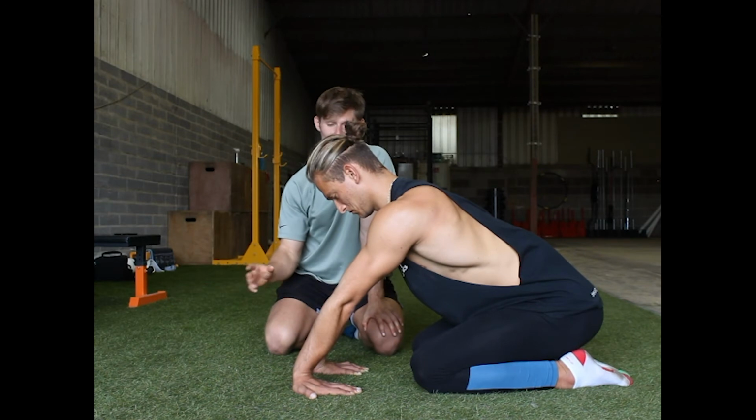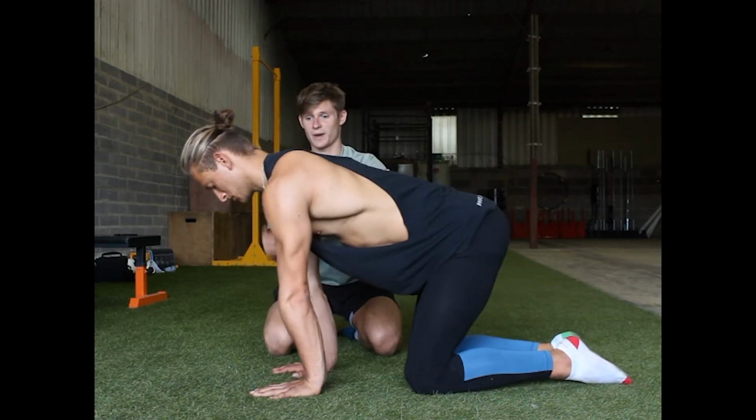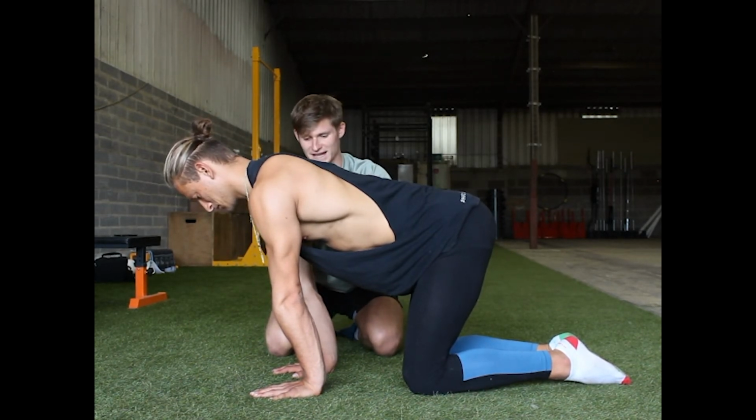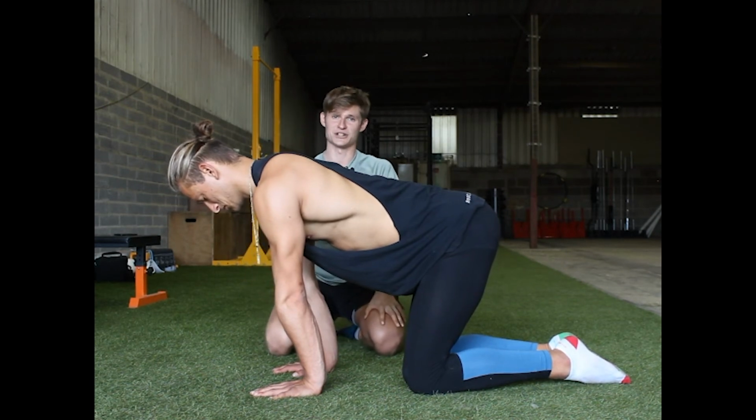Okay, secondly, what could be happening if we turn our hands around, if we're still not able to get them shoulders past the fingers, and what's actually happening is we're getting a pinching sensation down in the base of the wrist here. Okay, if that's happening, then it's a bit more of an issue, guys,